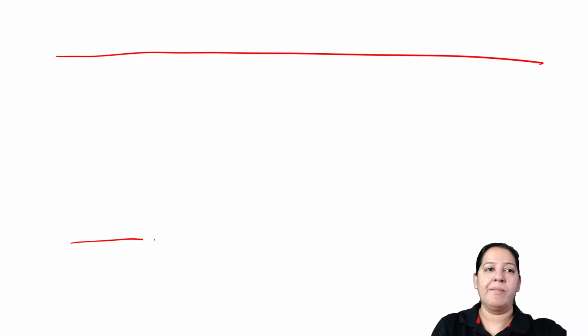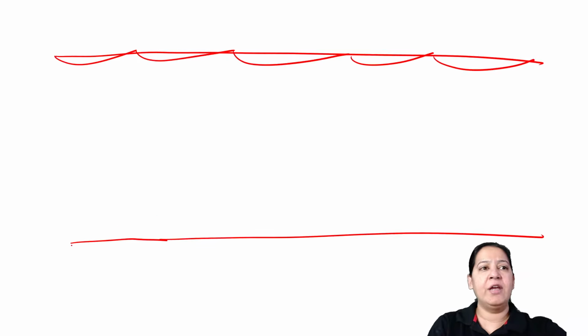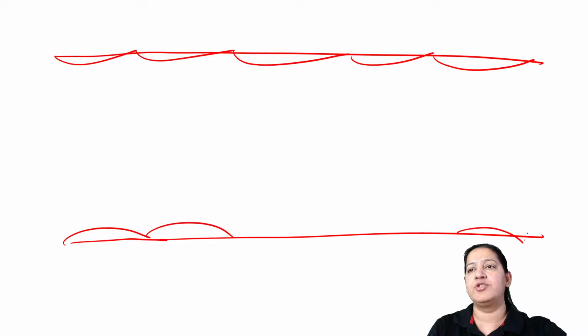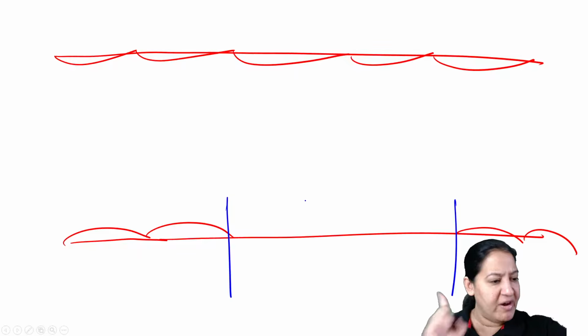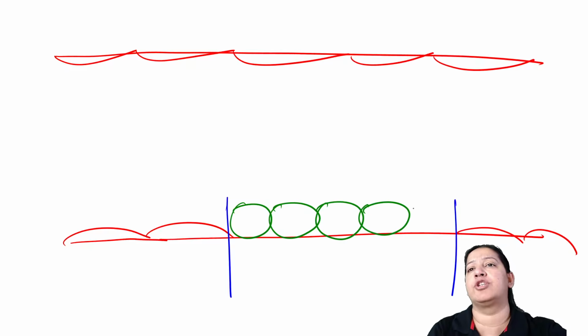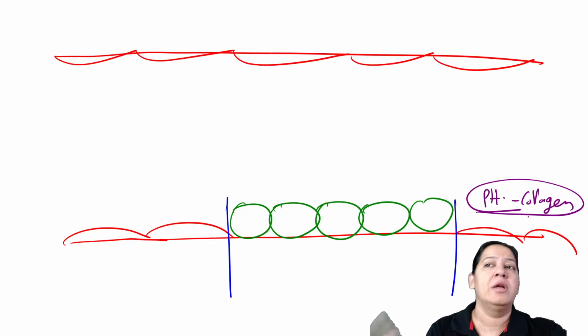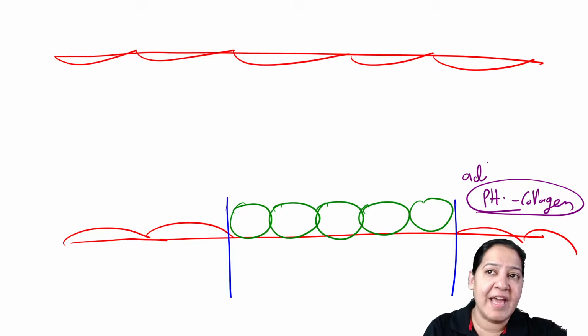Listen to my words. So this is a blood vessel. This is the endothelial lining. You can see this is the site of the injury, crystal clear, the site of the injury. Now the first row of platelets is coming and forming a bond with the subendothelial tissue. So bond between platelet and collagen, the subendothelial tissue collagen. This step is known as platelet adhesion. The first step is known as platelet adhesion.